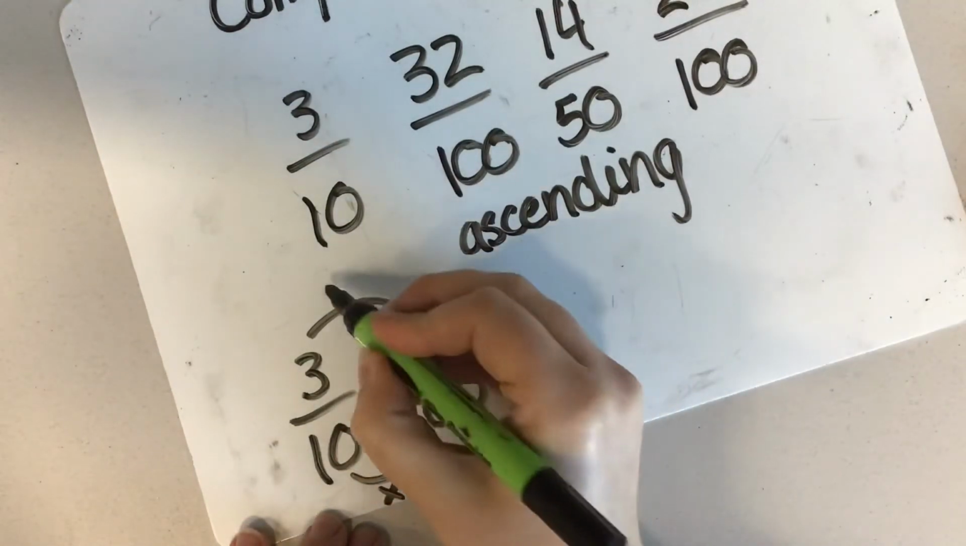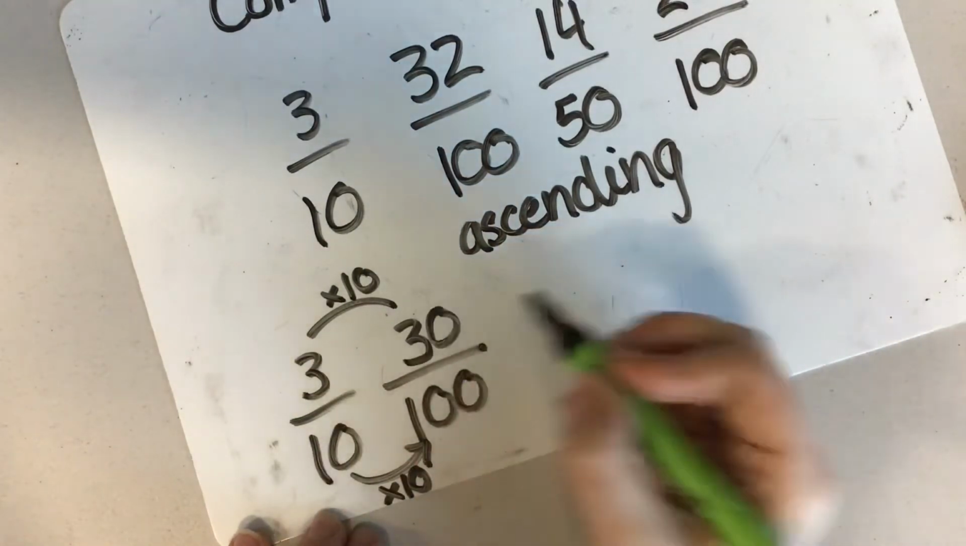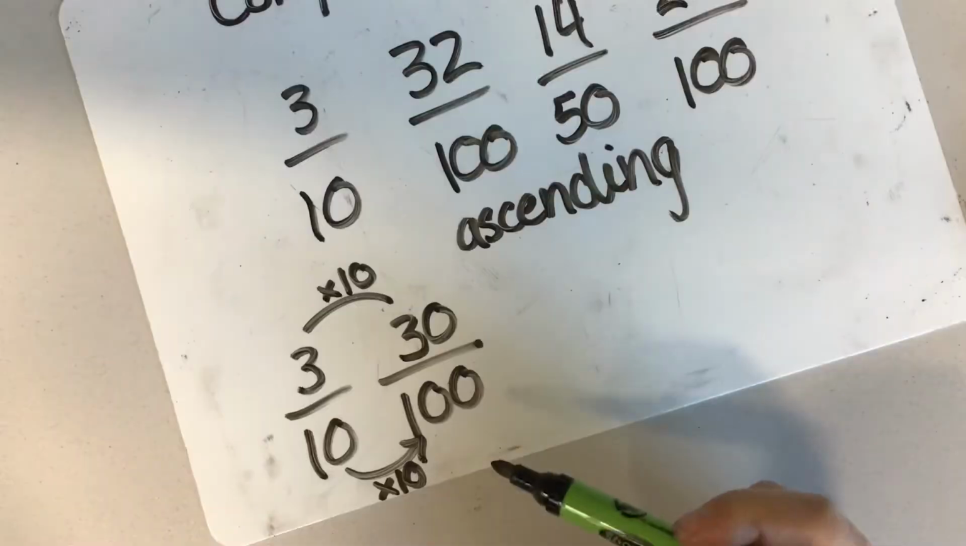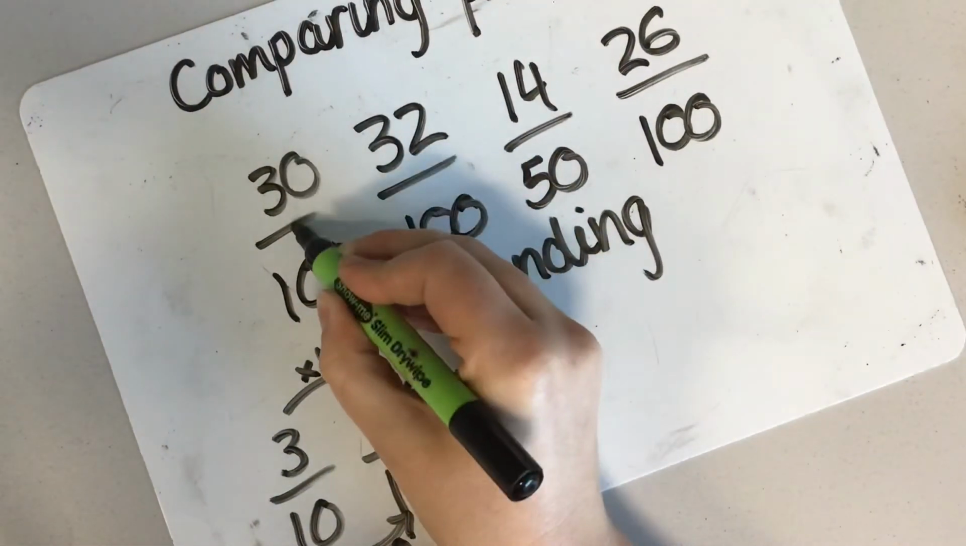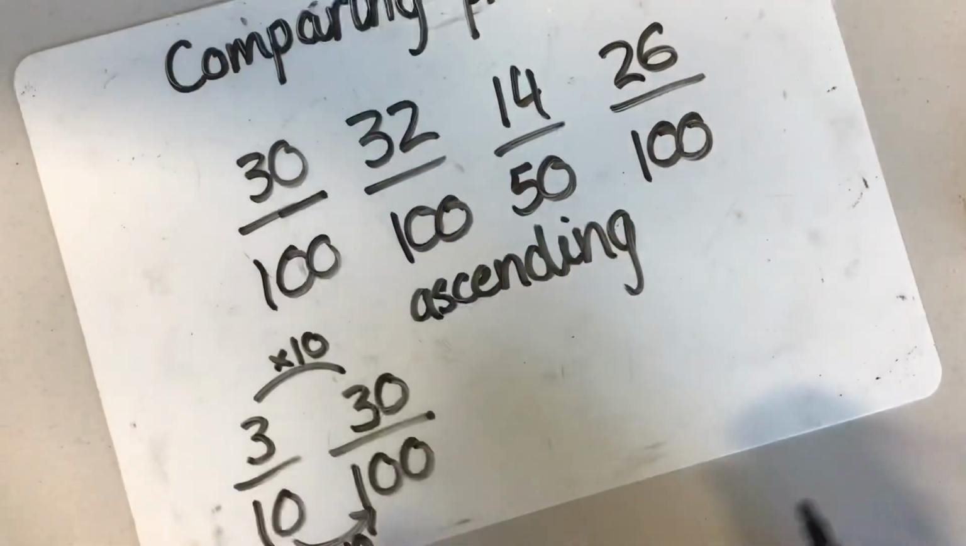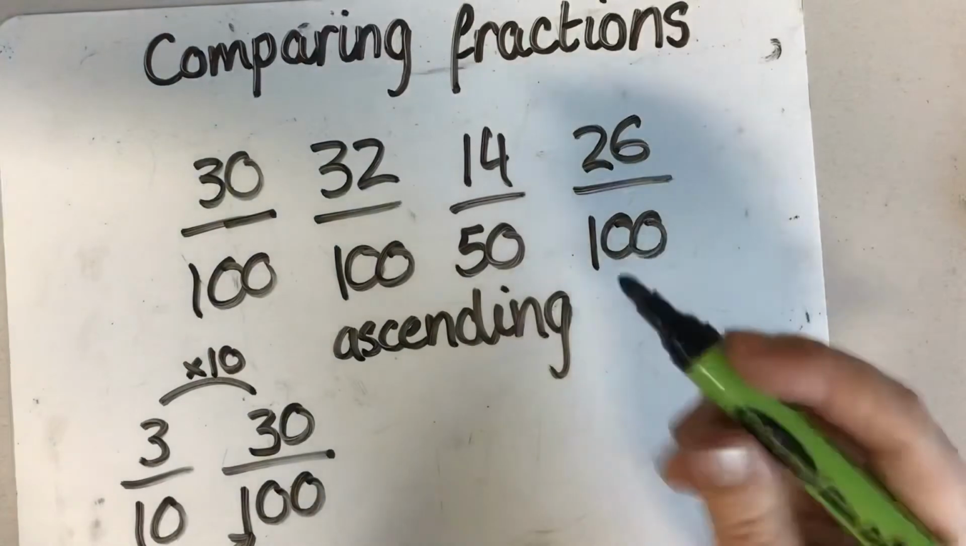Need to do the same to the top. So 3 times 10, and it's going to give us 30/100ths. So 3/10 is the same as 30/100ths. So I'm just going to change that fraction there. What was the other one we needed to convert? And that's right, it's